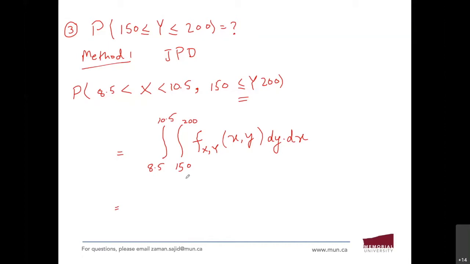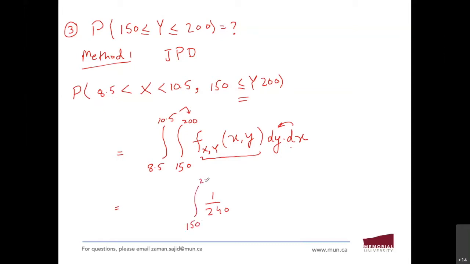Now just a small point here, if you change your derivative, just make sure you also change your integral as well. By that I mean to say, if you want to bring this x here, your integral limit should also be coming here. Now this f of x of y, which is joint distribution, it was 1 over 240, and it should be integrated between